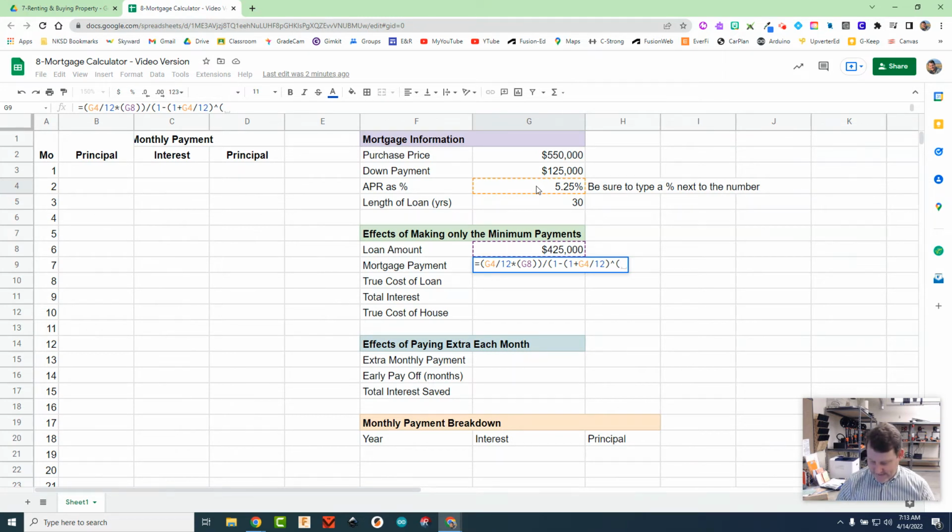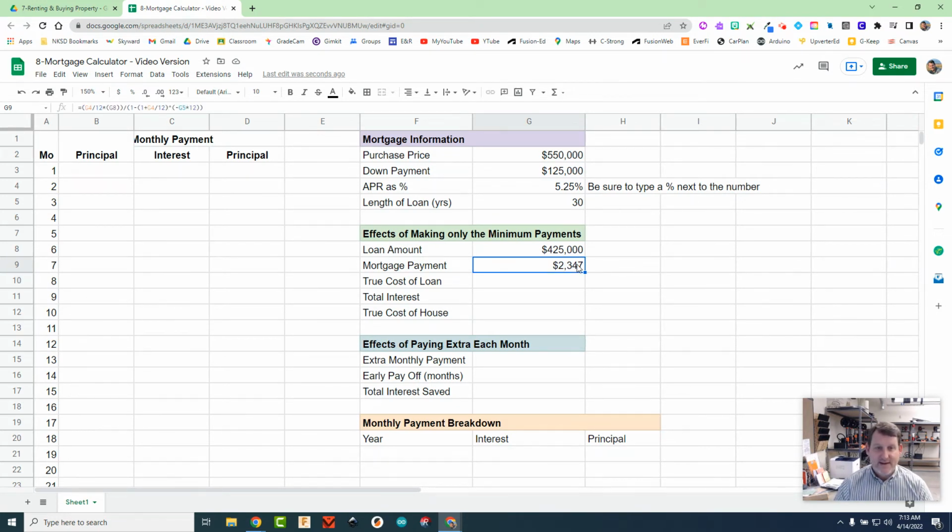I'm going to open a parenthesis. And I'm going to say it is the negative, and number of payments is this number of years. And of course, there's 12 payments a year times 12. Close parentheses. And I think I need one more close parenthesis to make it work. Awesome. And then we're going to hit enter. And we should get a value of